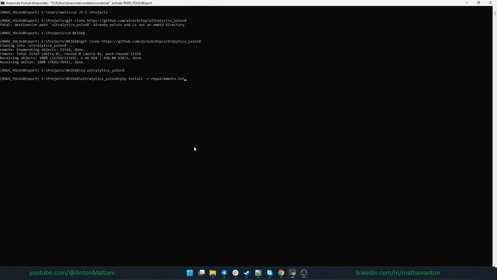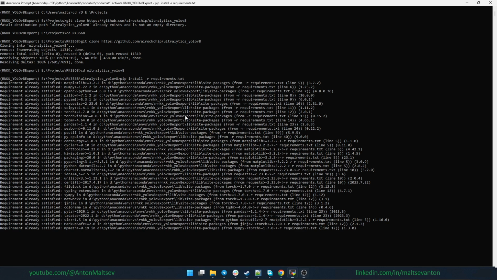You need to create a new environment. In my case, I use Windows Anaconda, and here is the name of my environment. In this environment, I need to go to the folder of the YOLOv8 repo and install the requirements here. In my case, all the requirements are already satisfied because I already set up everything. And next,